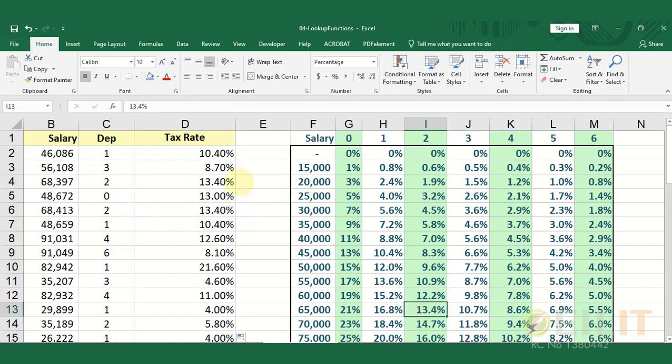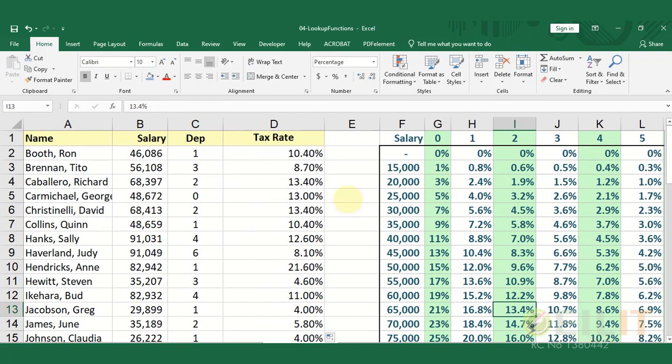So that's how to work on VLOOKUP with a large table. I believe that you can apply this in your own data set and information to enable you to work on your data easily. So when you are looking up different particular information within